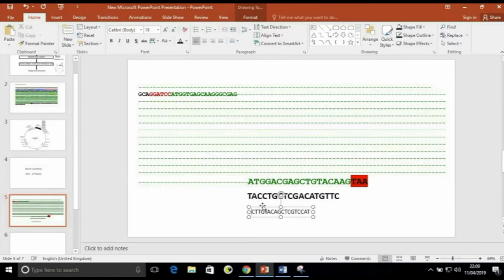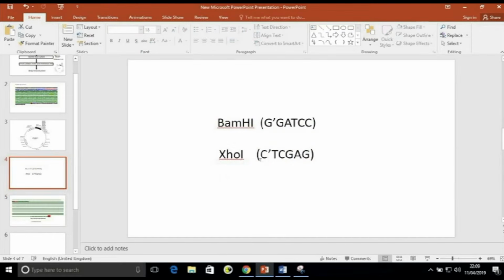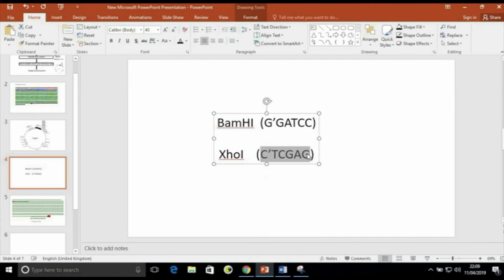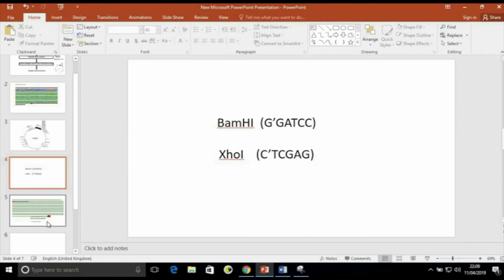So what we have to do is we want to insert a restriction site here. So we can insert a restriction site here directly. So in reverse primer we wanted to insert XhoI site.